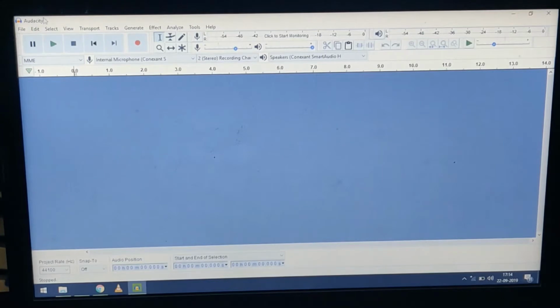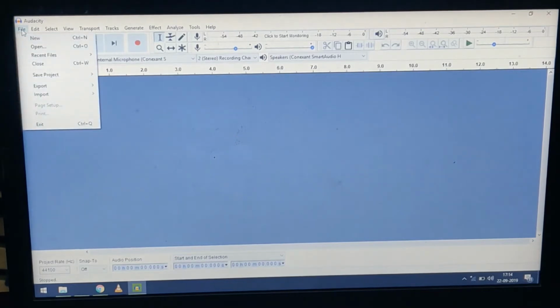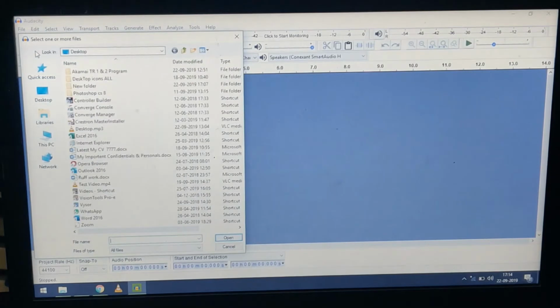This is the software. Initially we need to open that file. Just click on File and open that file. After clicking on Open, it automatically takes the default desktop folder.